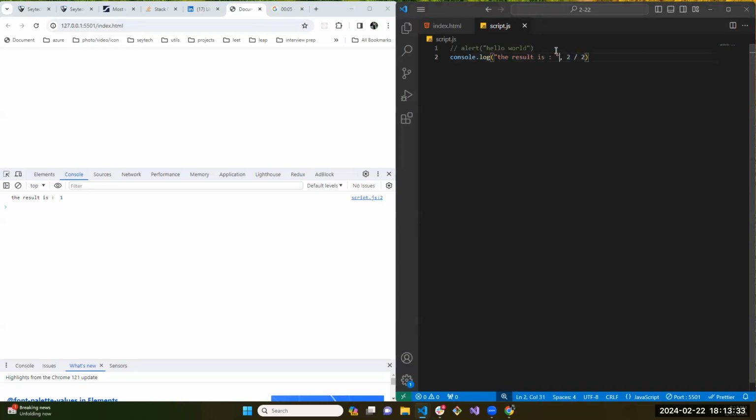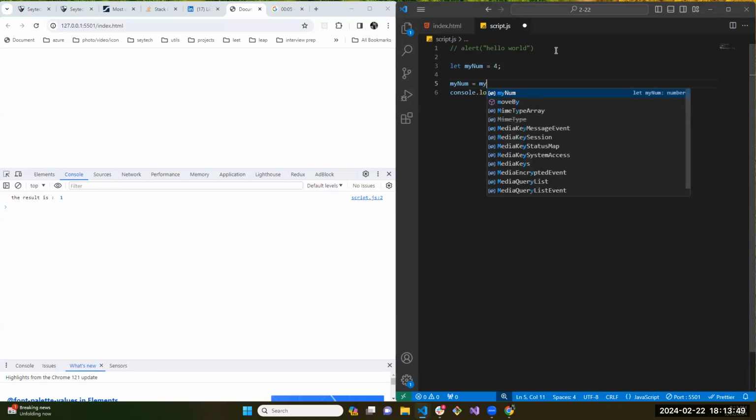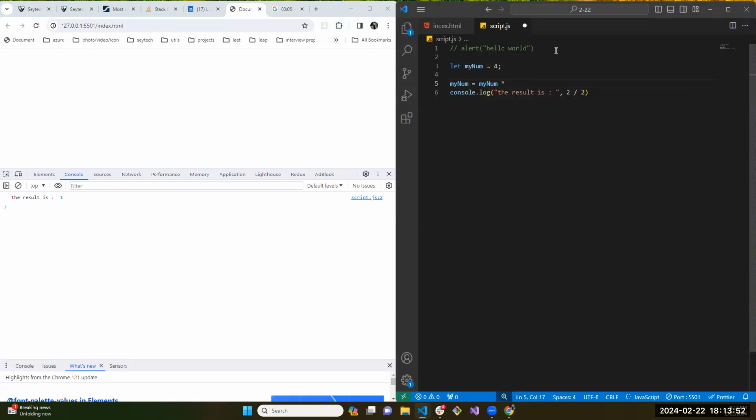For example, I can create here let my number be equal to 4, and then I say my number is equal to my number multiplied by 3, then I will divide it by 2,